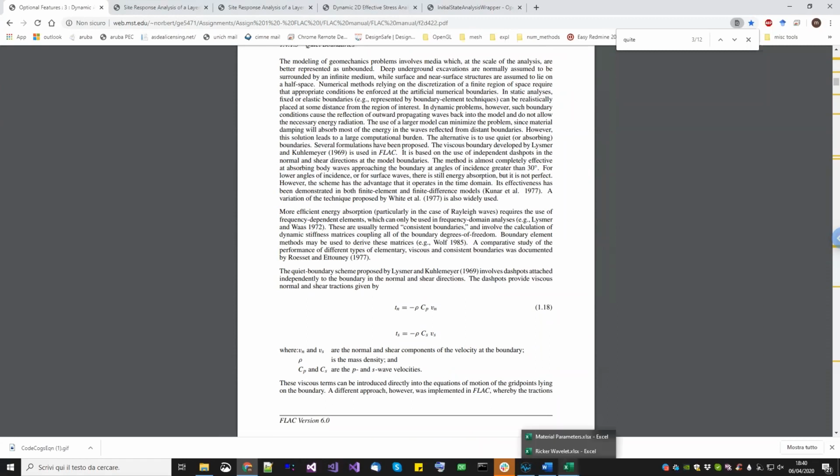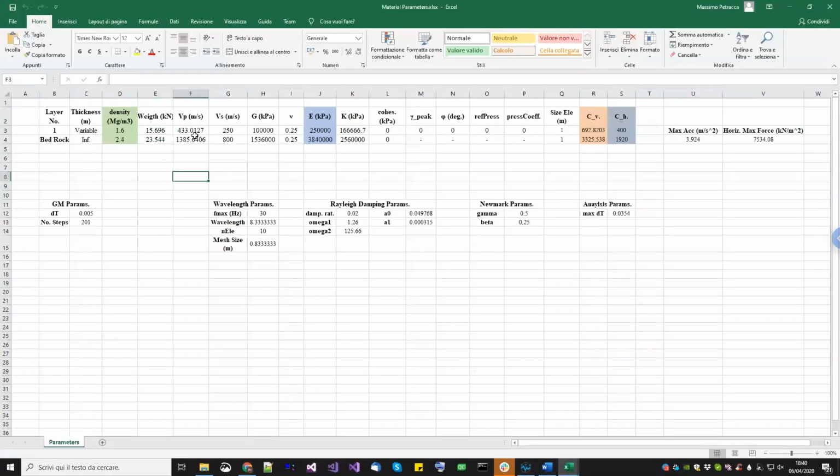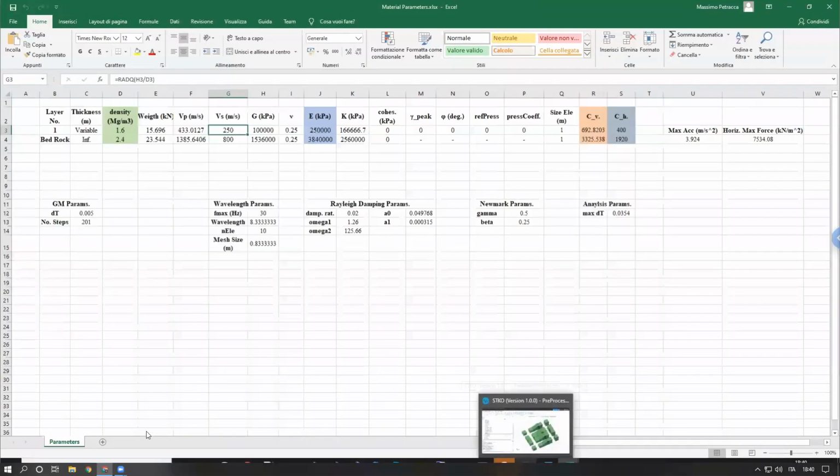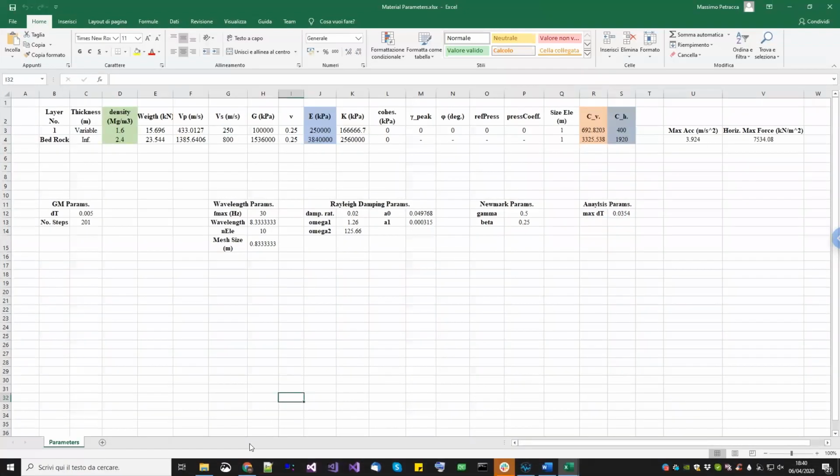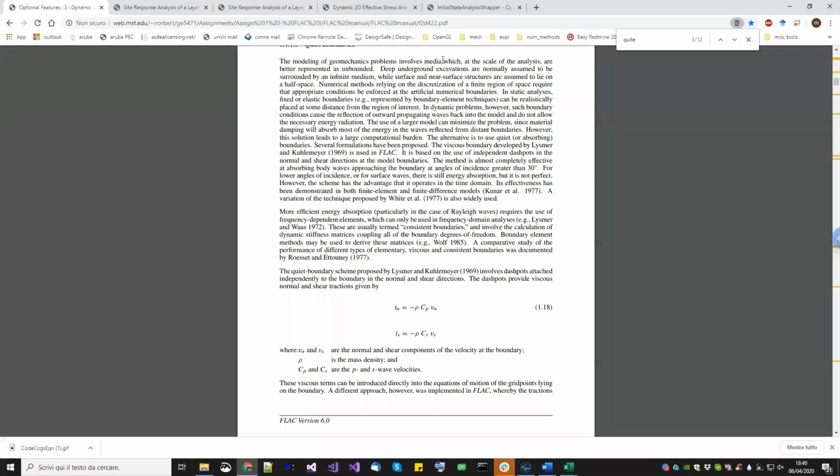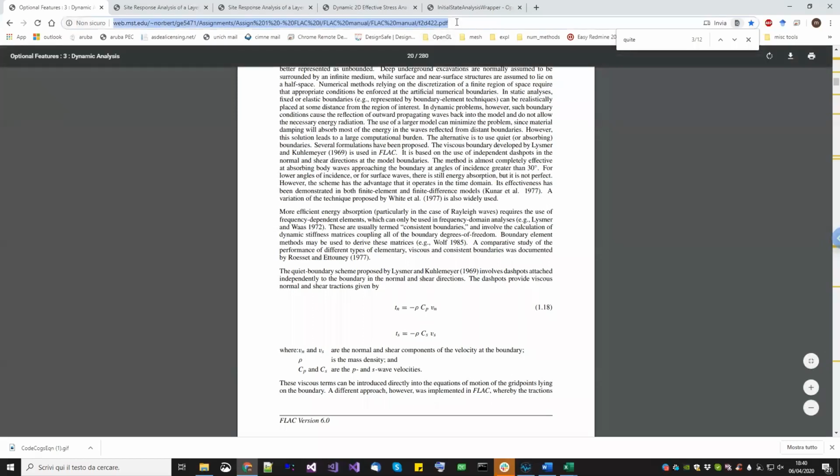Now in our case, let me go to the material properties. The shear wave velocity and the, we have one question. The name of this reference, I can post it here, is the FLAC user manual. I will post the link here, and you can go in